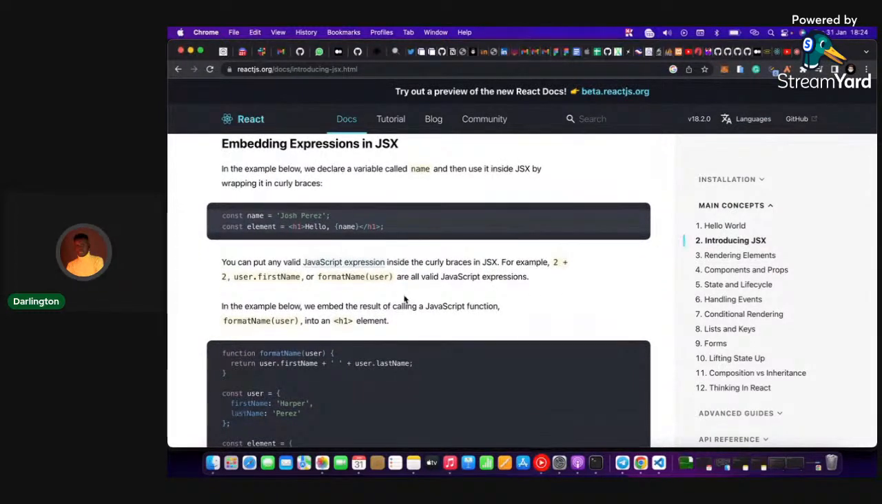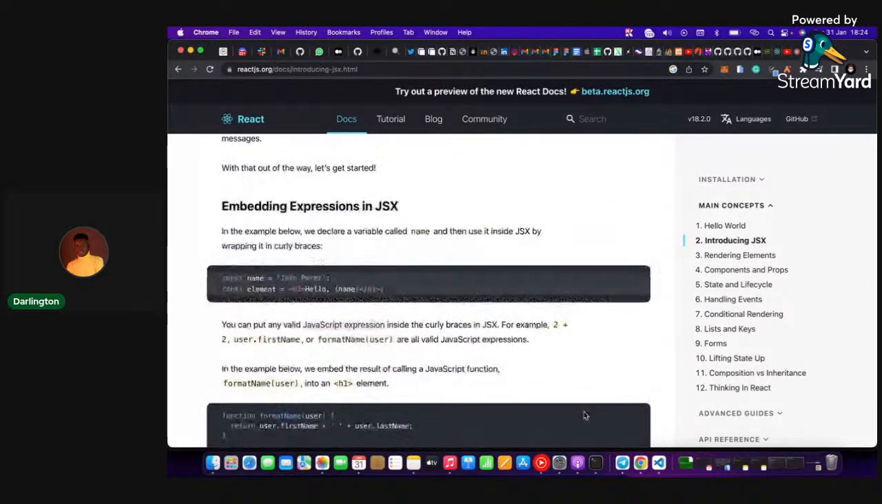So we're looking at embedding expressions in JSX, and I said you could embed expressions inside JSX. For example, we have this constant name equals Josh Perez. We declare a variable name and store Josh Perez in that variable. Now we can see that inside our JSX,